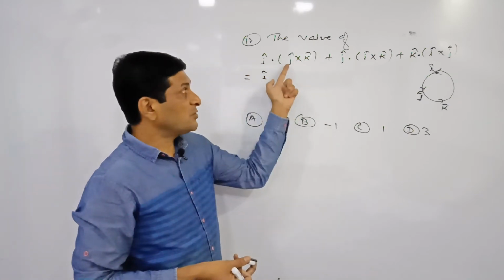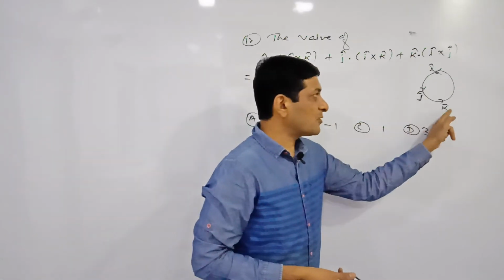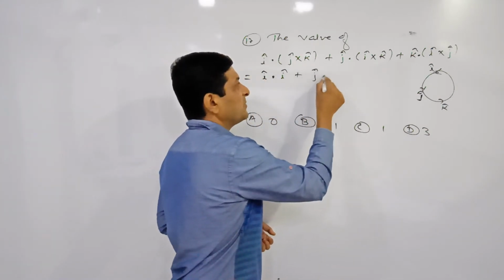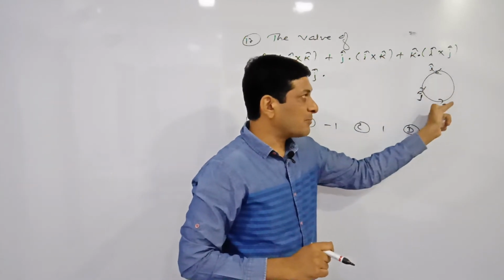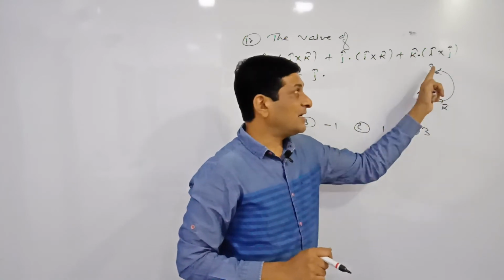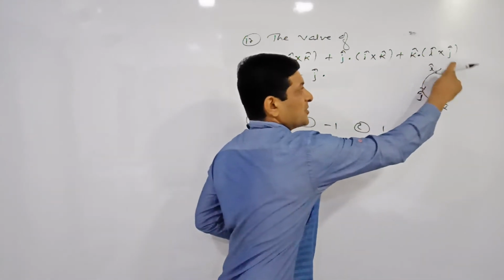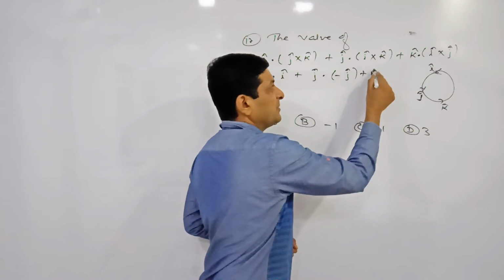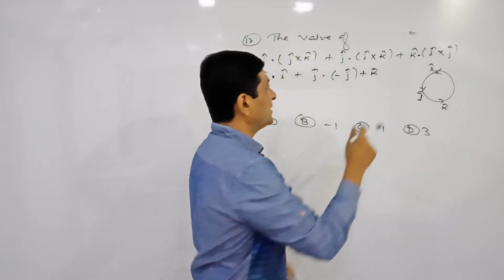So according to the definition of cross product, j bar cross k bar is how much? i cap. So here i cap plus j cap, keep it as it is. Cross product of i cap and k cap, clockwise direction is there. If direction is anti-clockwise, at that time value is positive, and if direction is clockwise, at that time value is negative. So here cross product of these two vectors will be equal to minus j cap, plus k cap, keep it as it is. i cap cross j cap is equal to k cap.